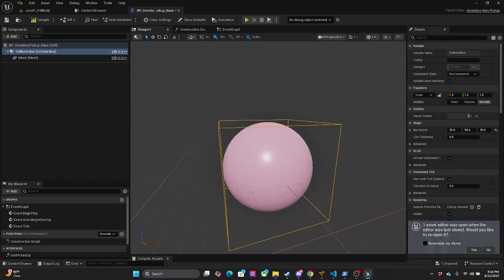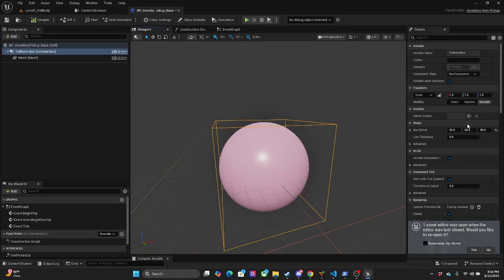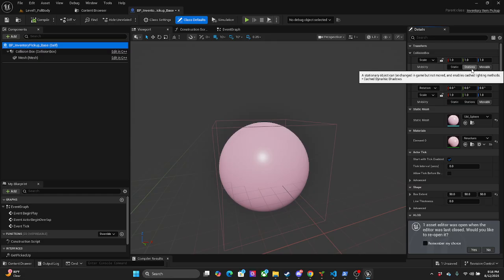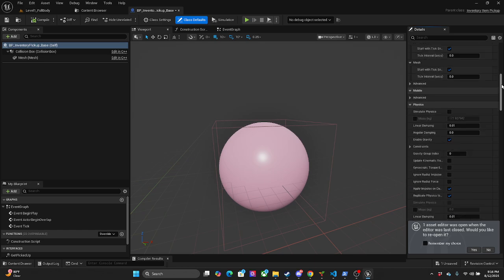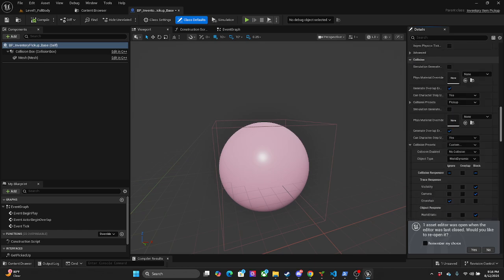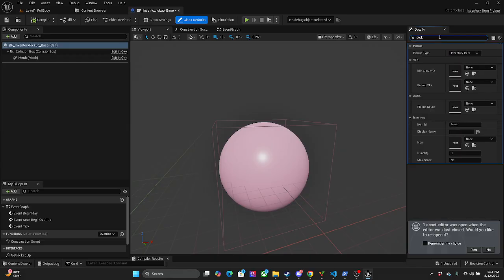All right. So over here, let's do defaults. So this is going to be like its key, the item ID.